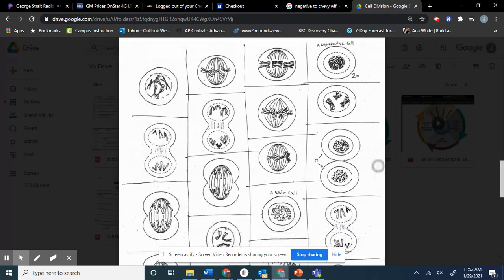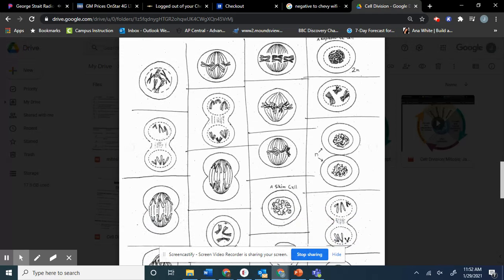Now, the next step, okay, and I don't care what your next step is, but you're going to want to determine, let's just go through this. You're going to want to determine interphase versus prophase versus metaphase, anaphase, and telophase, and they also include cytokinesis on this, okay? So, again, we go back to the three structures. We go back to the nucleus, we go back to the chromosomes, and we go back to the spindle fibers